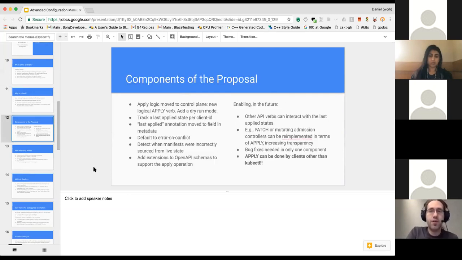Okay, so actual components of the proposal. We're moving the logic into the control plane. I'm going to make a logical apply verb. I'm writing a dry run. This is so a client can see, like, if I applied this, what are you going to do? I want to track a last applied state per client ID. This means if Alice applies one thing and Bob applies another thing, they don't work off the same last applied state. It also allows us to generalize apply